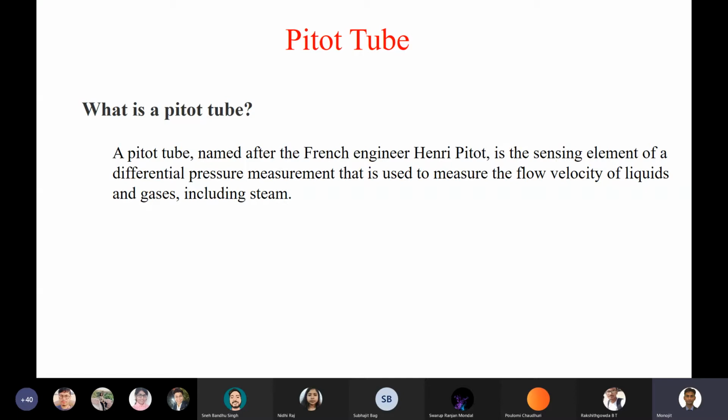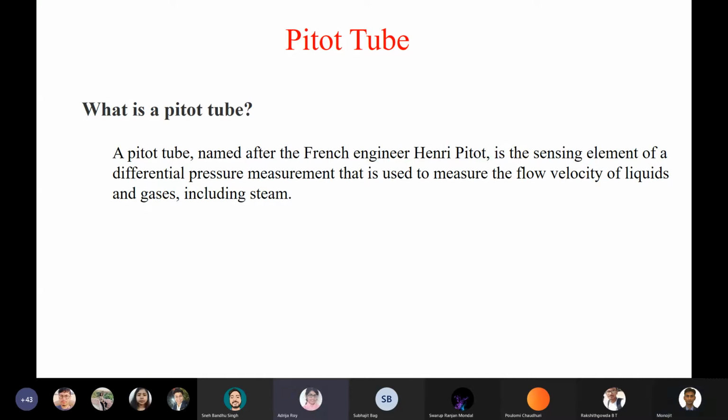So in the pitot tube, or rather in most flow measuring instruments, what do we actually measure? Obviously, these meters are flow meters, so our whole idea is to get an idea of the flow rate of the fluid which is flowing inside a duct or flowing anywhere. But we don't measure the flow directly, right? So we measure something and then we convert that measured quantity into the flow. So what do we measure in most flow measuring devices?